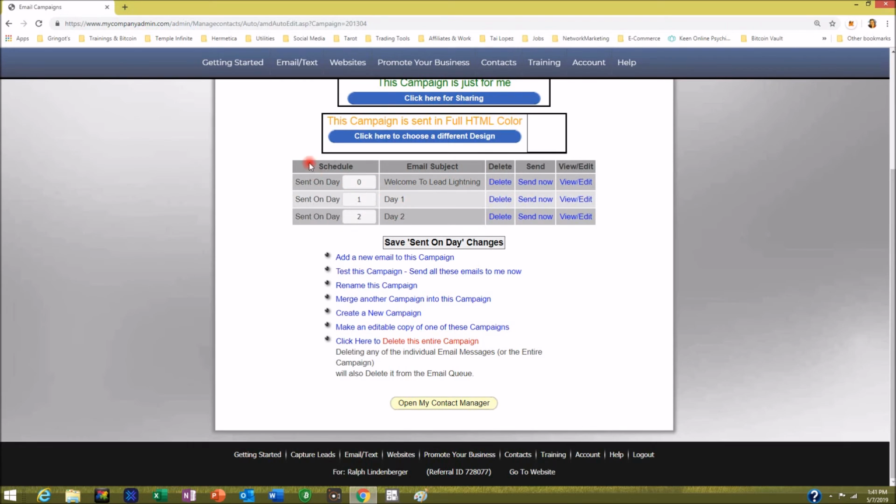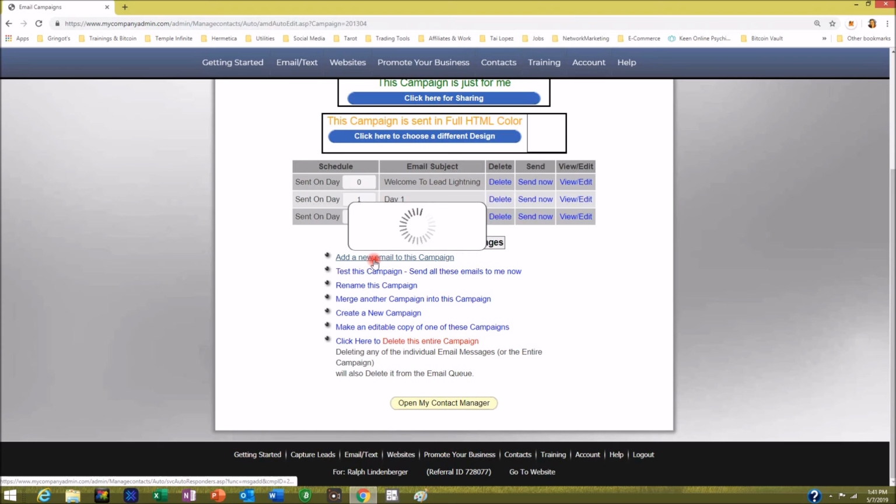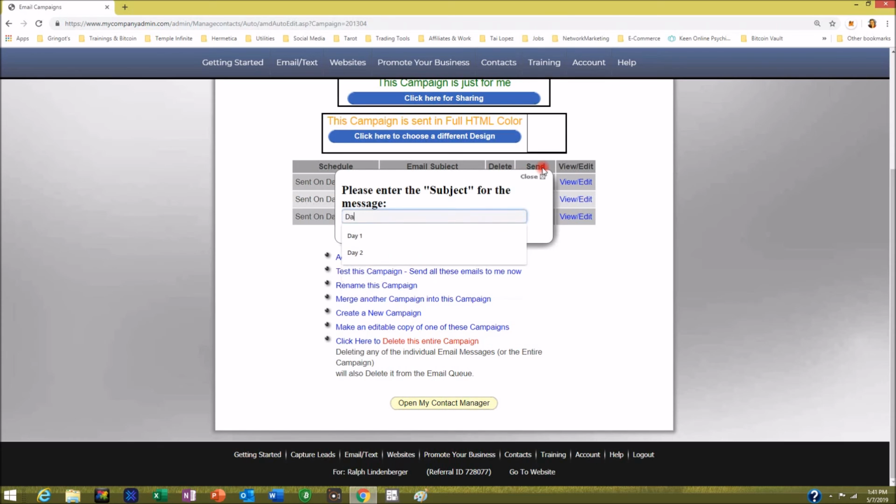And then you can make these as long or short as you want to. I like to keep my email campaigns that I write to about 7 days because I do a daily follow-up. I send out a different daily email to my list pretty much every single day. Sometimes I'll take off on Sunday. So I don't feel the need to be writing long email campaigns for anything because my clients are going to be hearing from me on a daily basis no matter what. So I don't want to kind of overdo it. And yeah, you can add in as many as you want. Make that day 3, and I will end